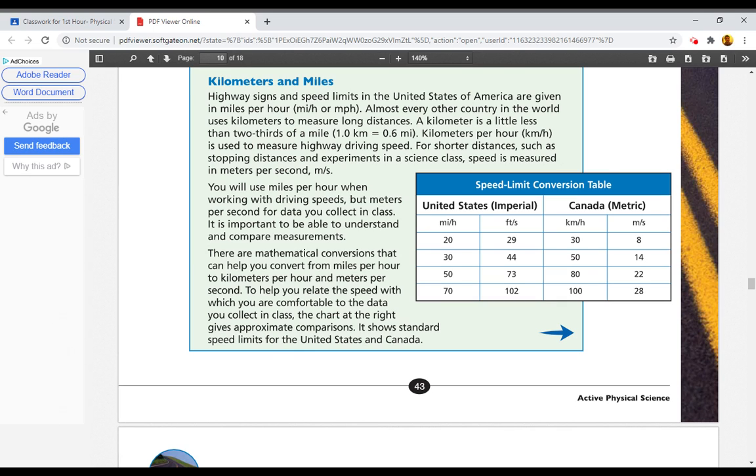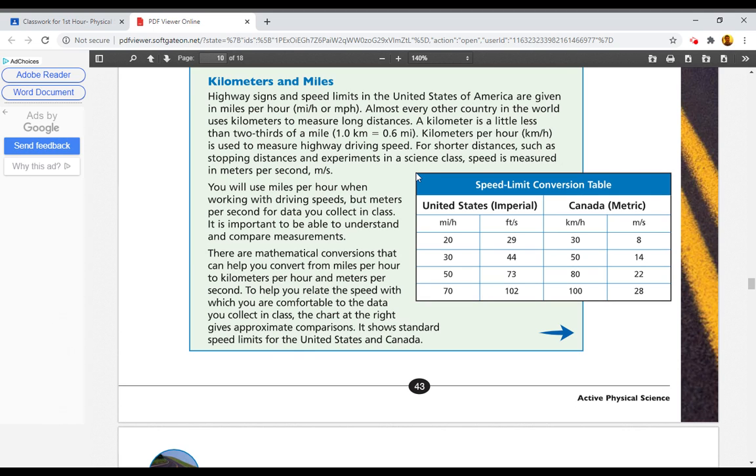For shorter distances, such as stopping distances and experiments in a science class, speed is measured in meters per second. You will use miles per hour when working with driving speeds, but meters per second for data you collect in class. It is important to be able to understand and compare measurements. There are mathematical conversions that can help you convert from miles per hour to kilometers per hour and meters per second. To help you relate the speed with which you are comfortable to the data you collect in class, the chart at the right